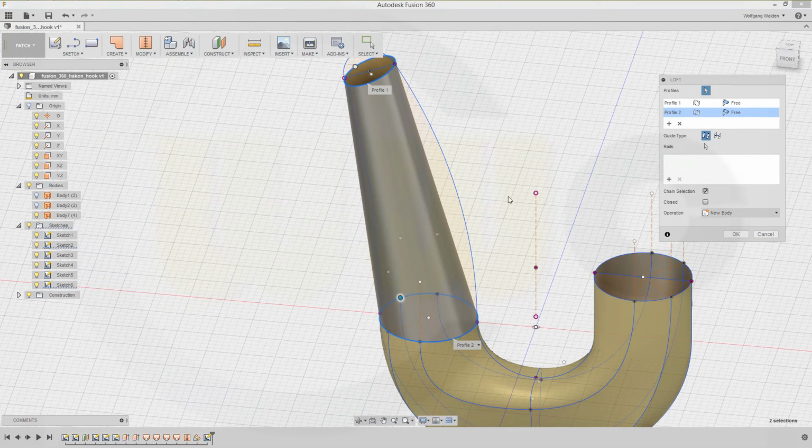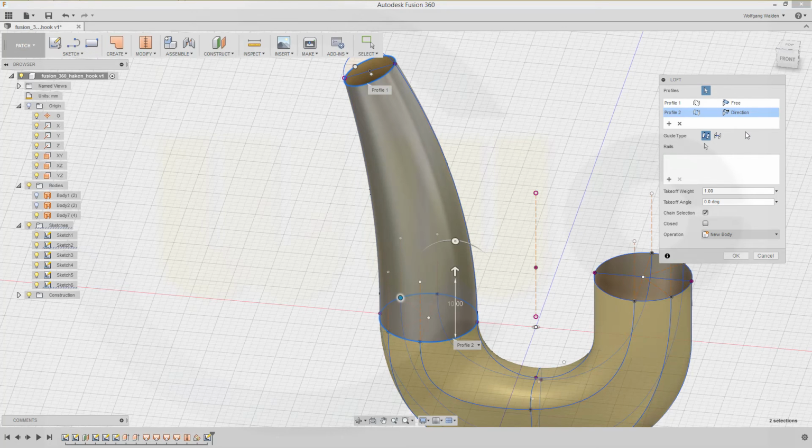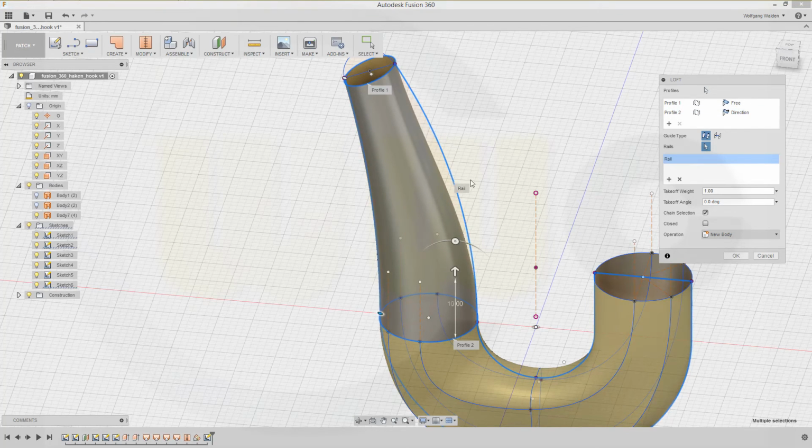Okay. Now change profile 2, this one to direction. And I would need some rails. So deactivate chain selection, go to select this one, take this curve right here,